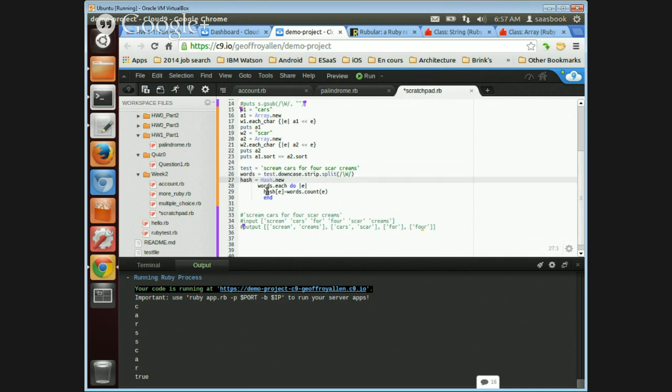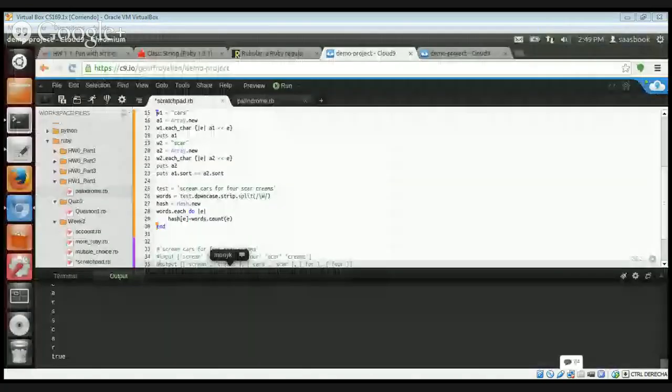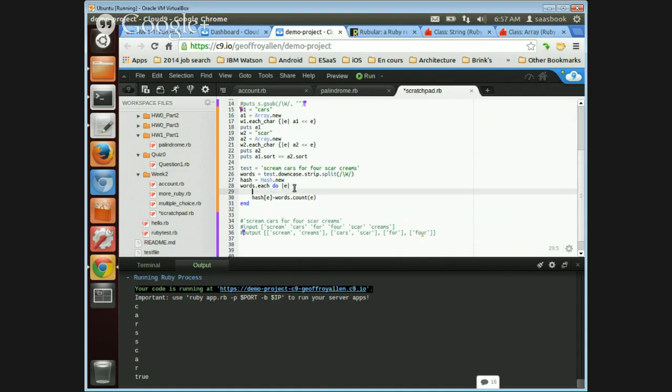So we get the words. We create a new hash, and then that's where it gets interesting. So what do we do in that block? Obviously it's going to be a little more work. But then we have each word, and so each word is going to have to go through